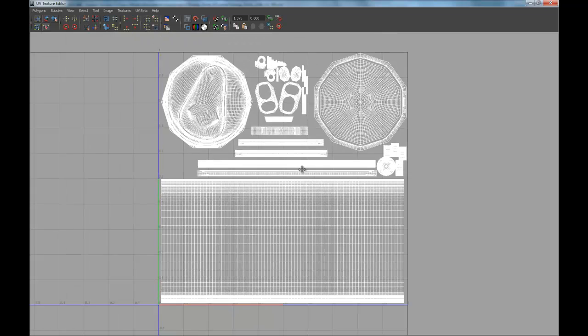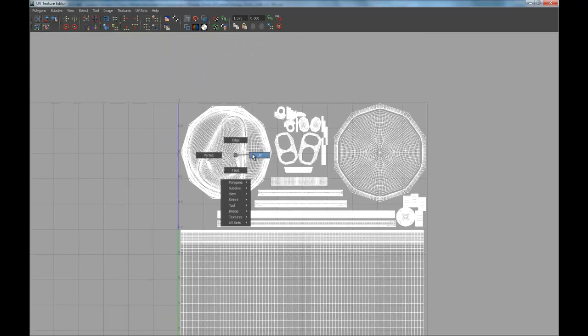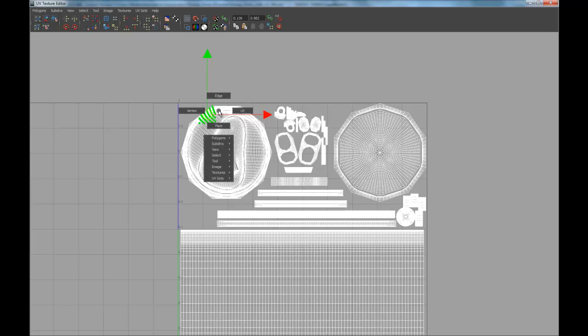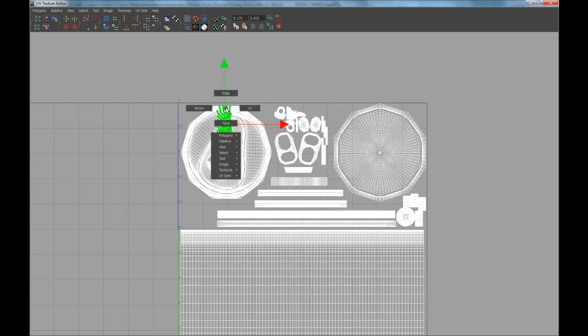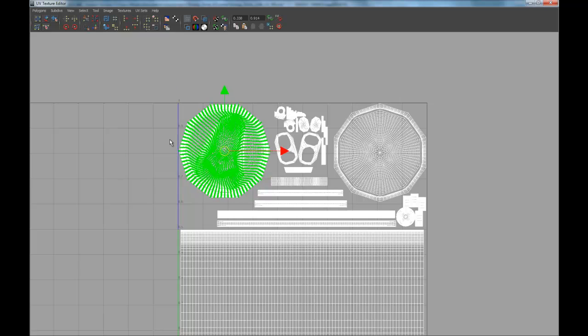So what we're going to do now is we're going to go into these pieces here, which are really messed up. Whenever you have a cylindrical shape or a round shape, it really causes problems. So when you smooth it, we're going to go to select and select shell, and I need to select a little bit more in it, so I'm going to move down into the middle part. There we go. I'm going to right click on it, go to select shell. Okay, we're going to move that out of the way,